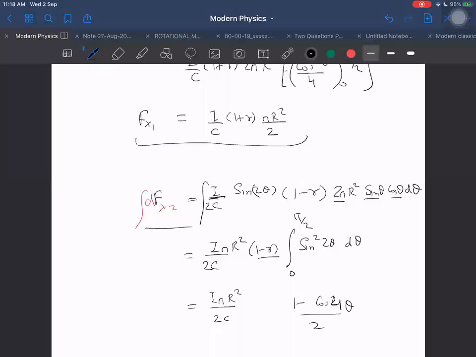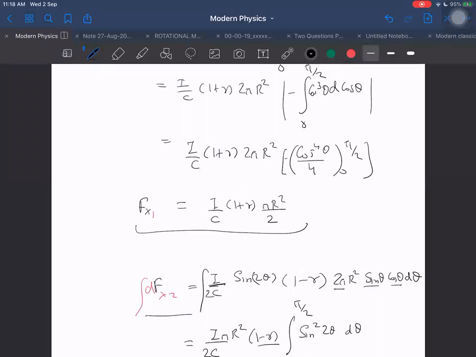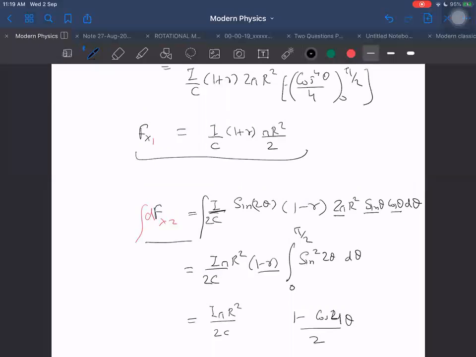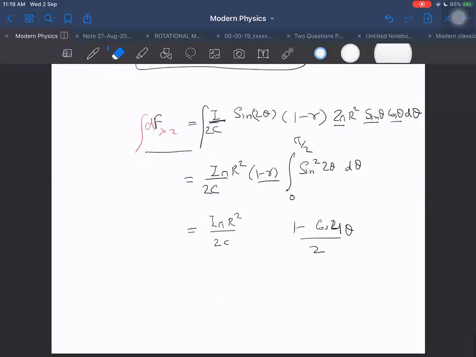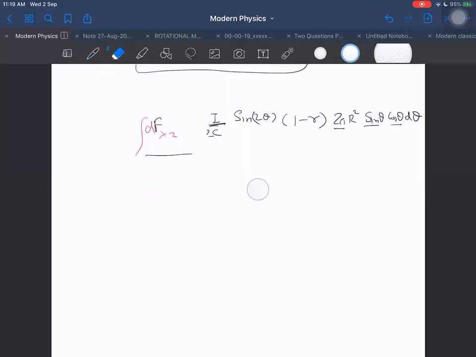I think I missed something here. I missed something, obviously. I did not find dfx2. I found here df tangential. This I cannot integrate here directly. I was thinking, why am I not getting the answer? This is just a tangential component. This formula was only for df along the tangential component, but now I have to find out the dfx second term.